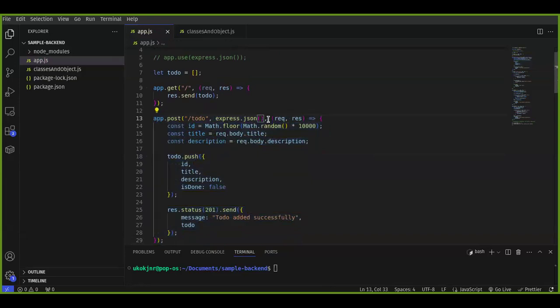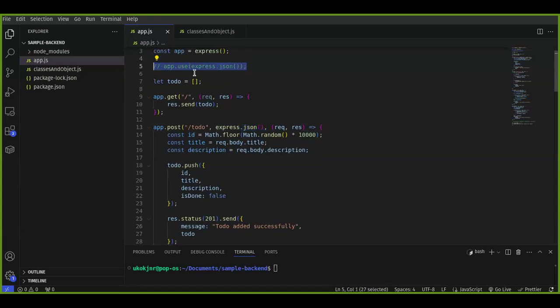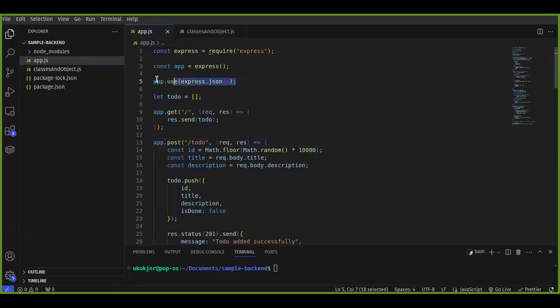But since I want it to affect any route that I declare, right? So I would rather want to put it here. So doing it this way is you saying you're declaring a route level middleware, right? While writing it here is declaring that you want it to be application level. So every route that works or is supposed to work on that application is going to have the effect of this